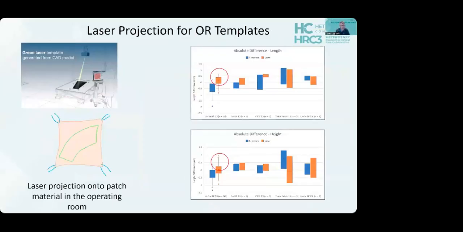And then we're able to use a laser projection system that we borrowed from the aerospace industry, that is very common there, and project the patch design down on the patch material. And we've studied this carefully in different patch materials and shown there's less than 2% error between the patch design and the patch size after it's traced out over the laser pattern and then cut out with scissors. So this is a really nice way to translate that carefully designed patch onto the sterile patch material in the